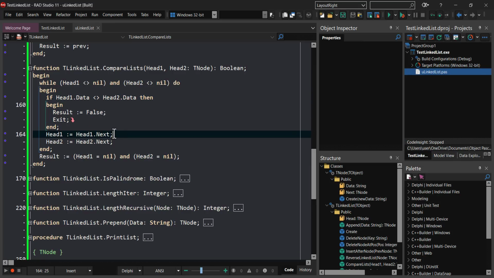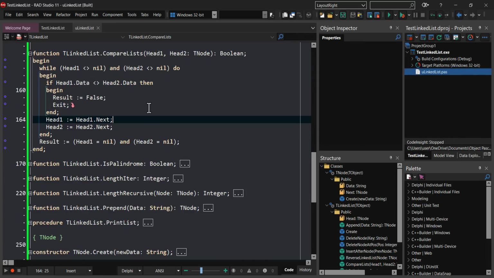If the data of the current nodes is equal, we can move both head1 and head2 pointers to their respective next nodes by updating them, head1 equals head1.next, which is the next data. And when the loop finishes, we check if both head1 and head2 are nil. If they are, it means we have reached the end of both lists. And since the loop has not exited earlier due to a data mismatch, we can conclude that the lists are identical. And then we can set the result to true by evaluating the expression,